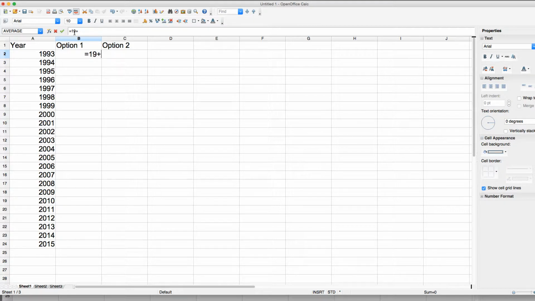Yeah, 19. And option 2 it was 19. And for our next now, it is the previous cell plus 2 gives us 21. And in option 2, it's our previous cell